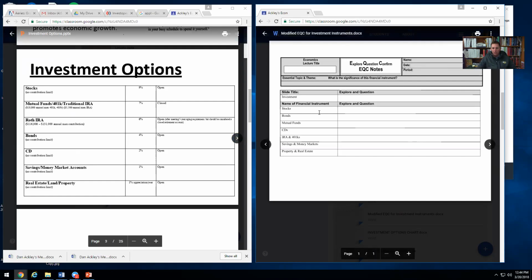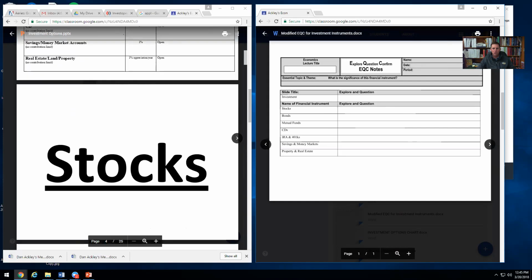So now what you're going to do is continue on these notes, but today we're just going to talk about stocks. I'll give you some insight on stocks, and then you chew through the rest of the slides, finishing this up real nice and thorough, and then we'll stop there today with these notes. This will be an ongoing living document, like I said. So stocks are,